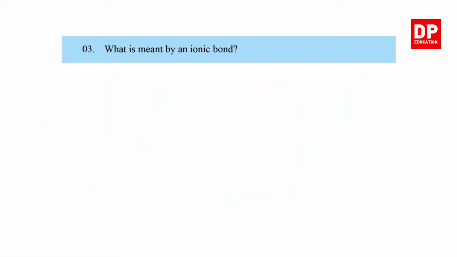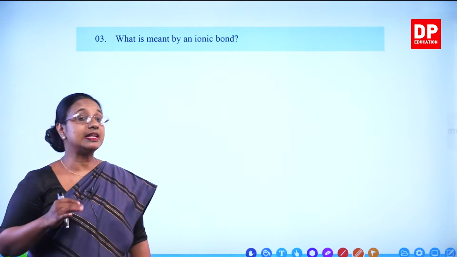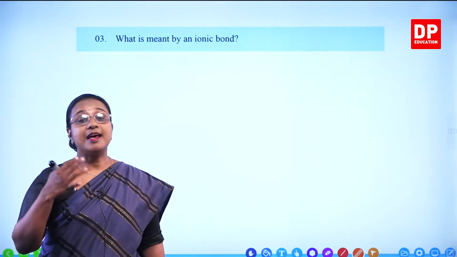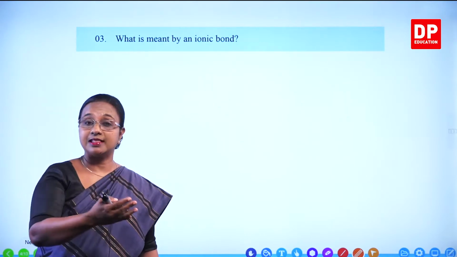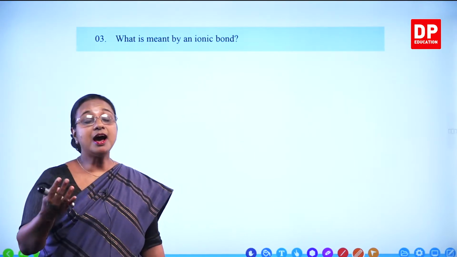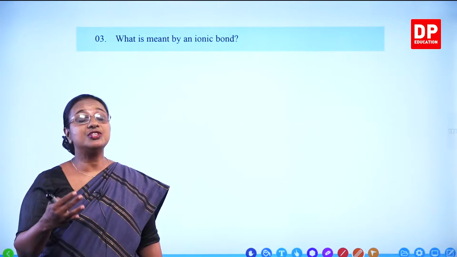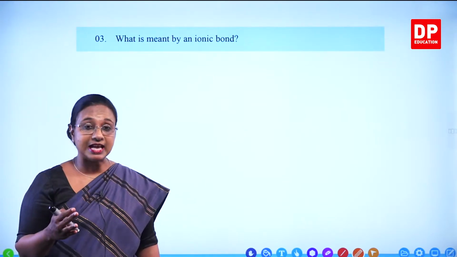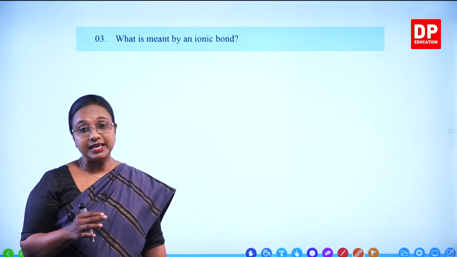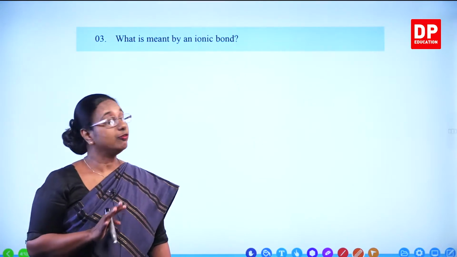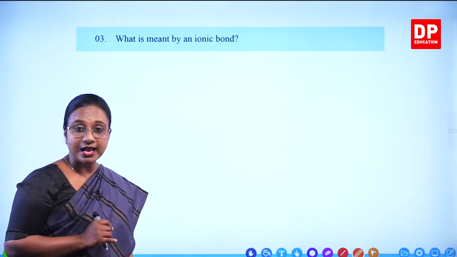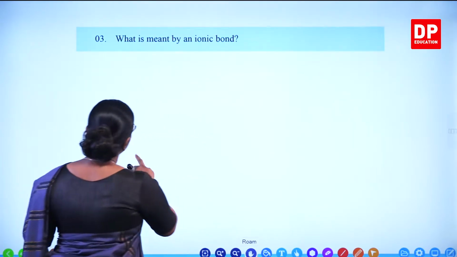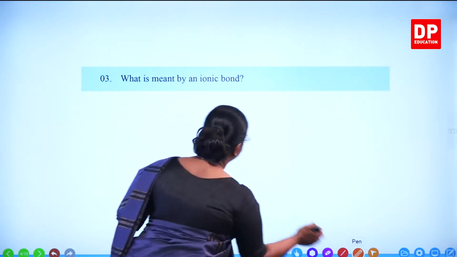What is meant by an ionic compound? What is an ionic compound? When there is a rearrangement of electrons, one atom loses, another atom gains, there are ions formed. And the electrostatic attraction between these ions is known as the ionic compound. So we have to write that down as the explanation for ionic compound. So if we write that,